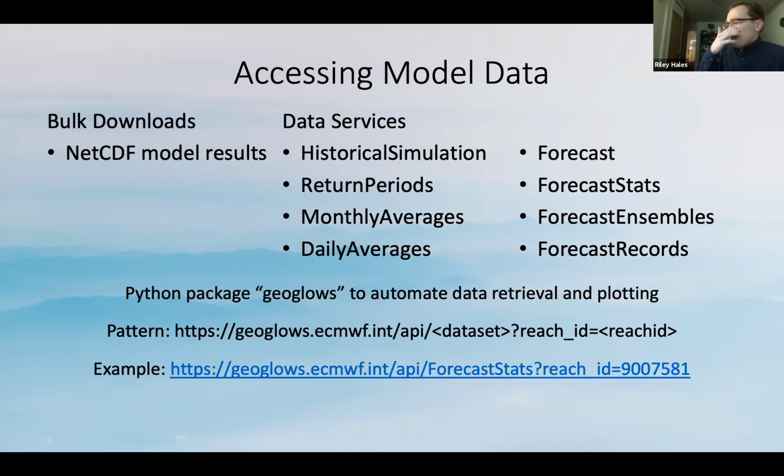And this data service is accessible for free over the internet. So there's some URL patterns which I've briefly illustrated on the bottom of the slide. We also produced a Python package that automates querying this data service, as we found a lot of people work in Python for their analysis.